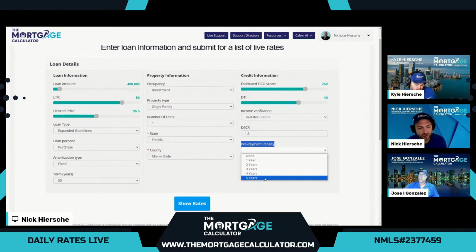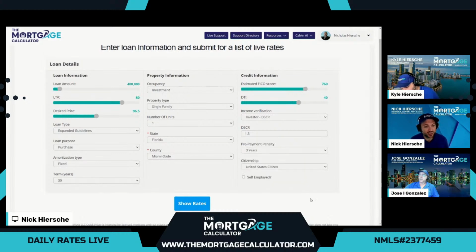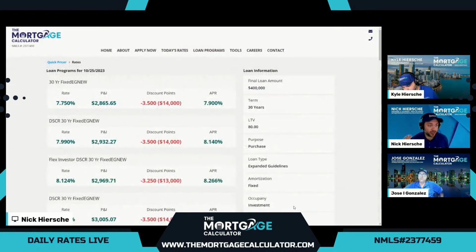We could also select 5 years, which will save our borrower some money if they're going to keep the property, but will limit the amount of programs. Since 3 years is the most common, that's what we use for the demo here. So let's check out the DSCR options today. Awesome. So we're still having at least one option beat conventional, actually 2 options today by a touch.